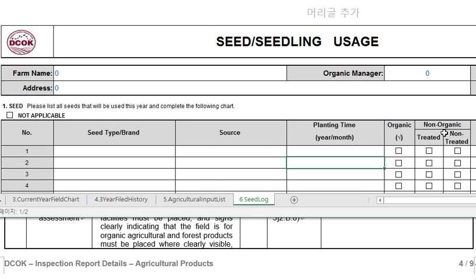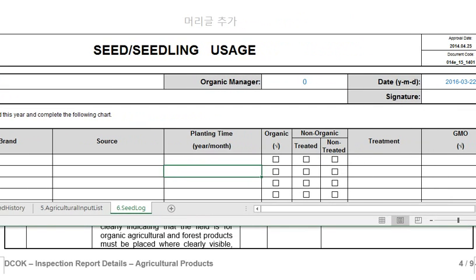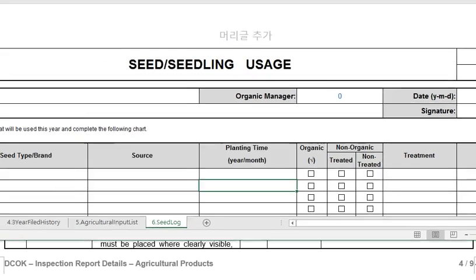If it's not organic, then they have to mark whether it's treated or non-treated. And if it's treated, they have to describe here what the treatment is, what the inoculant is. And if it's a GMO, they have to check here. But if not GMO, just leave it blank. Okay, so during the audit,